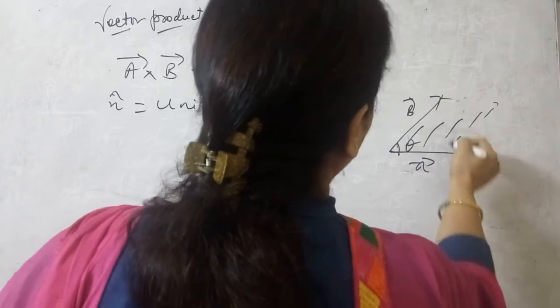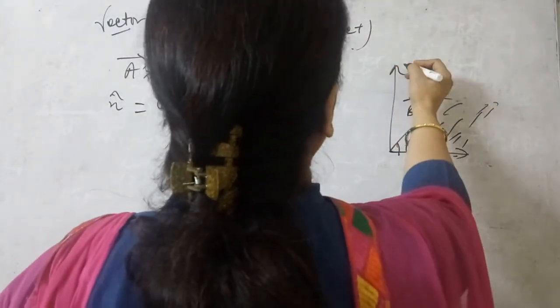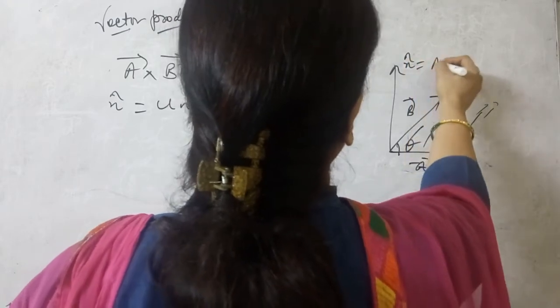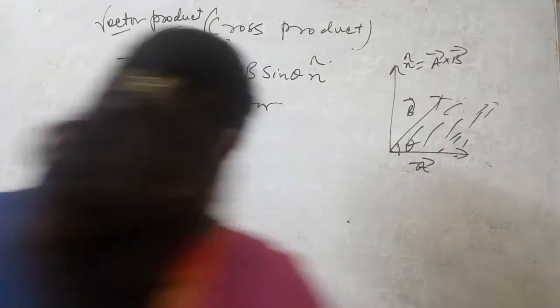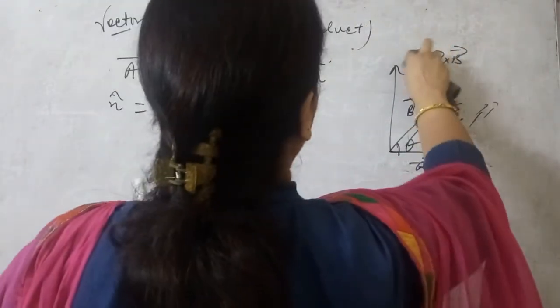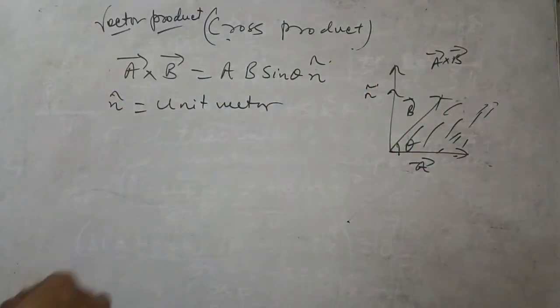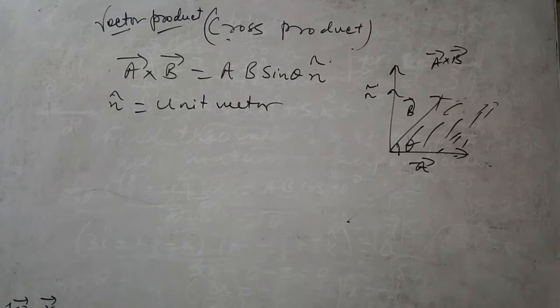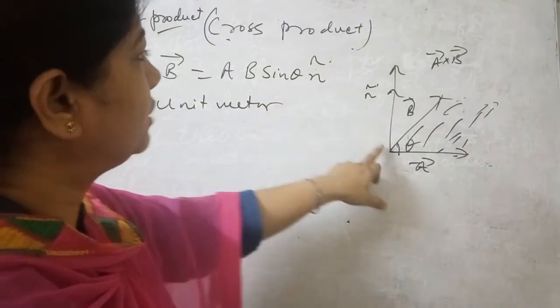In this case, let us assume the vectors A and B have created a plane like this. This is the plane, and the unit vector n caret is given by the direction of A vector cross B vector. This is the direction of the A vector cross B vector. So this is a cross product. It is simply the magnitude of A vector and B vector, the sine of the angle between them, and the unit vector n caret which gives you the direction.